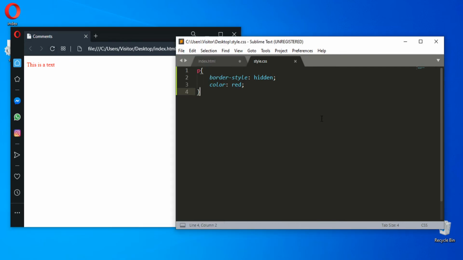So if you want to mix these, the border style property can have from 1 to 4 values. For example, for the top border, the right, the bottom and the left border. So here you need to write, for example, if you want a solid and a ridge,